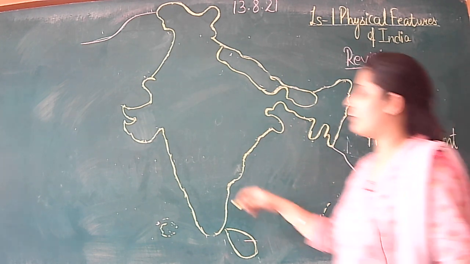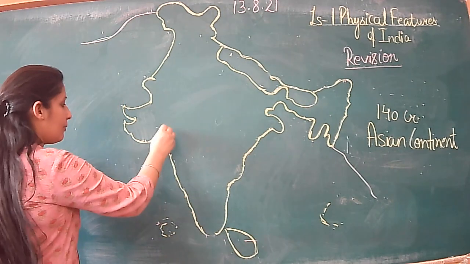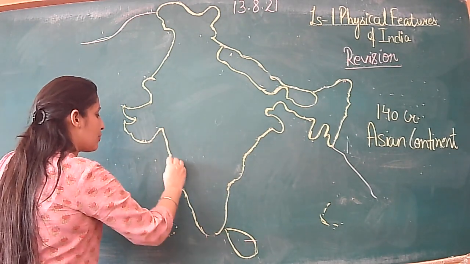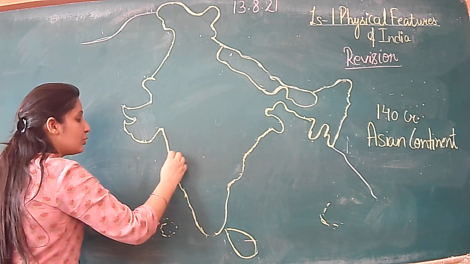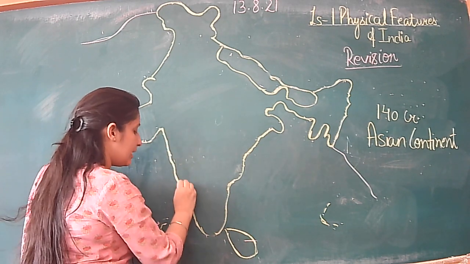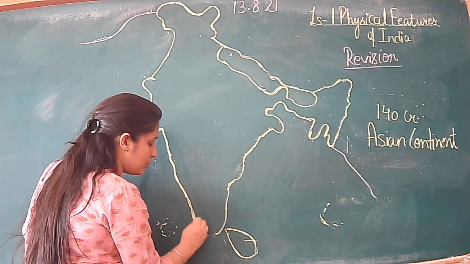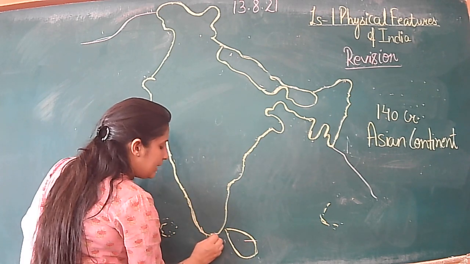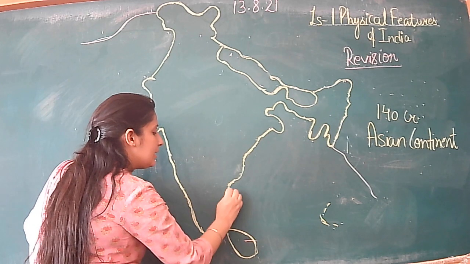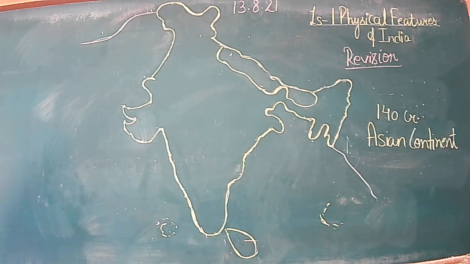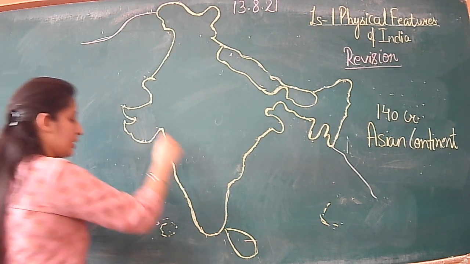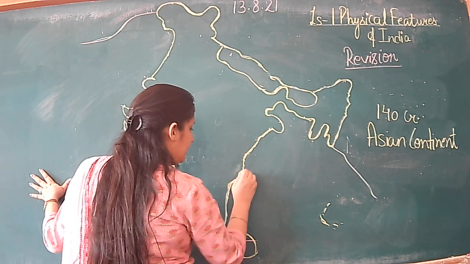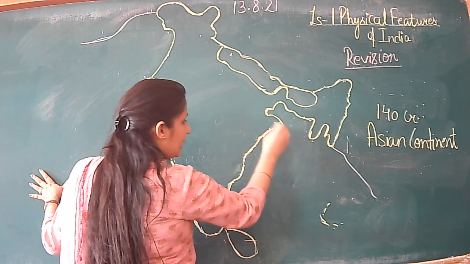So let's begin it from here. Try to make a triangular shape. It should not be straight, it should be a bit curved. इसको थोड़ा सा यहाँ से हमने curve shape देनी है, ठीक है? हमने बिल्कुल straight नहीं देना. And we will keep going. As you know, India has a triangular shape from the south direction. So we are going to give a triangular shape here like this, and we will continue.